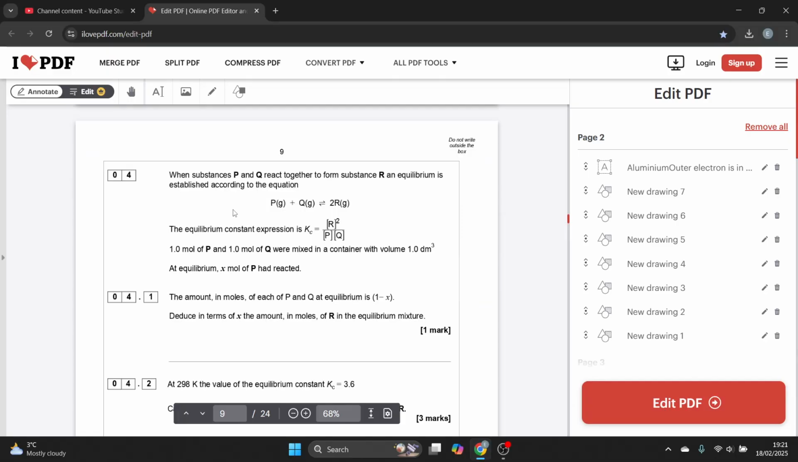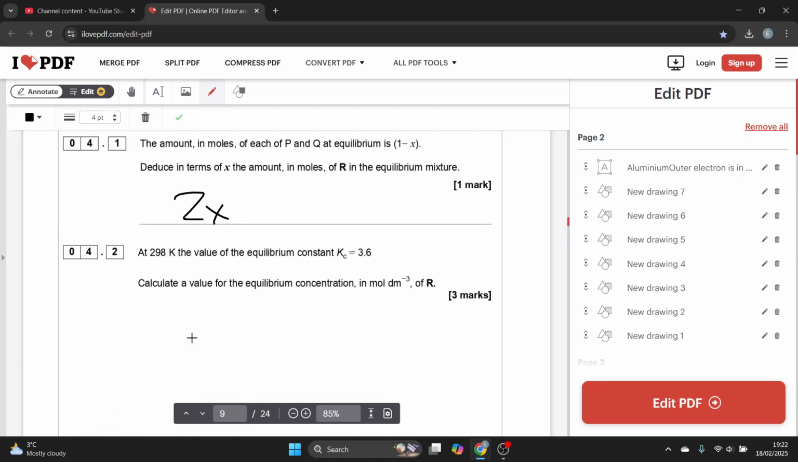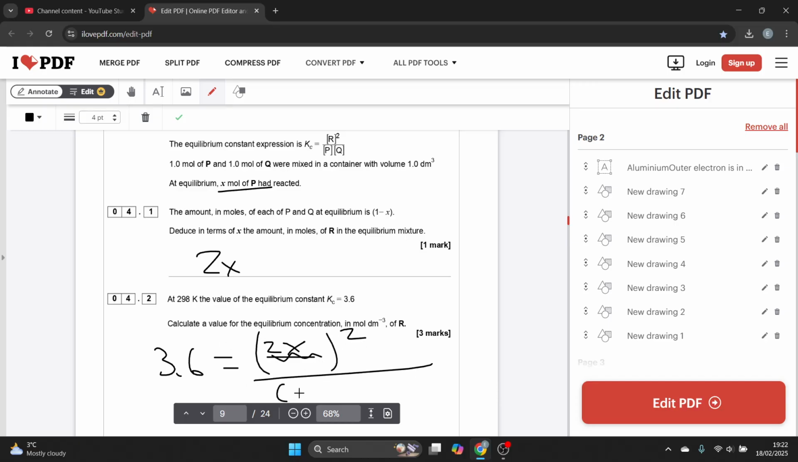Question 4.1, deduce, in terms of x, the amount of moles of R in the equilibrium mixture. Well, I know x moles of P had reacted, so for R, 2x. 4.2, at 298 Kelvin the value of Kc is that. Calculate the value for the equilibrium concentration of R. So the first thing I would say is that 3.6 equals the concentration of R, which is the number of moles of R, 2x, divided by the volume over 1. All of the volumes are 1, so the volumes will actually cancel out. So 2x squared divided by P,